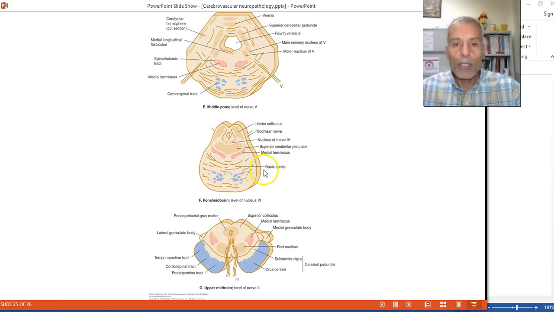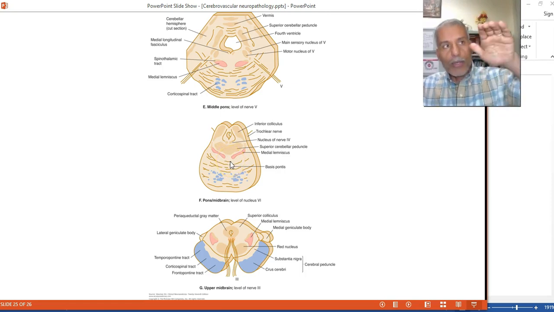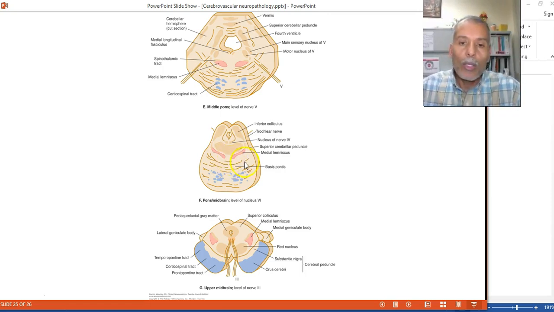Sorry, I can't enlarge the image, but if you look here in the middle, and in this little area here, this says basis pontis, part of the pons. We speak about the rostral, about the anterior segment of it, and the anterior superior segment of it. So in that location, if there's damage here,